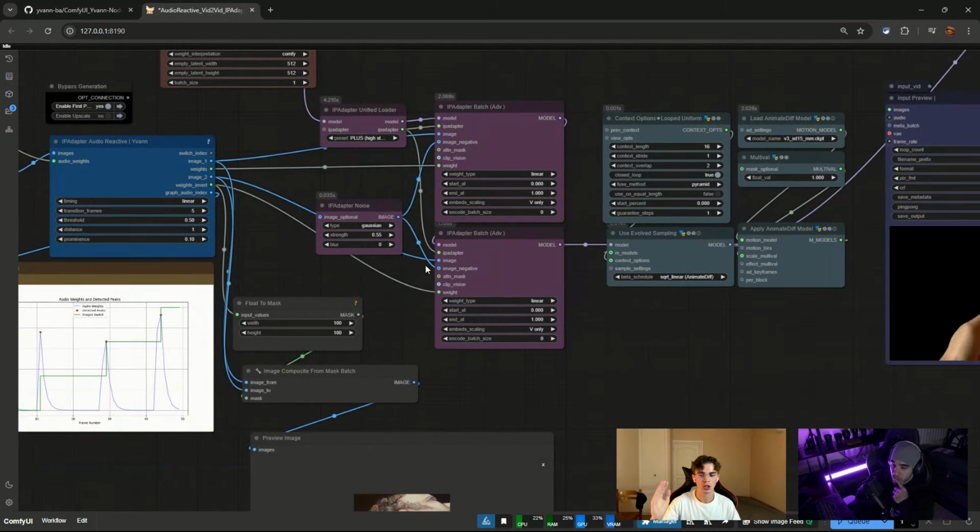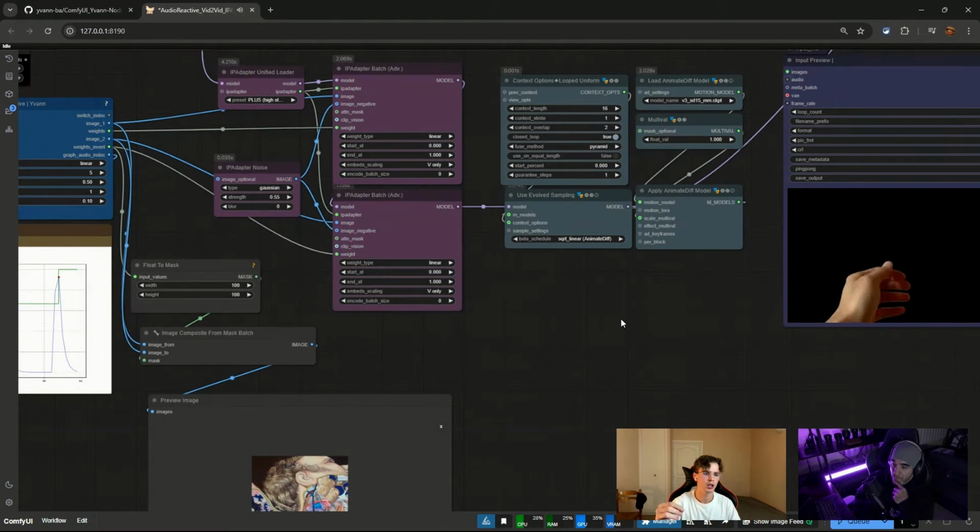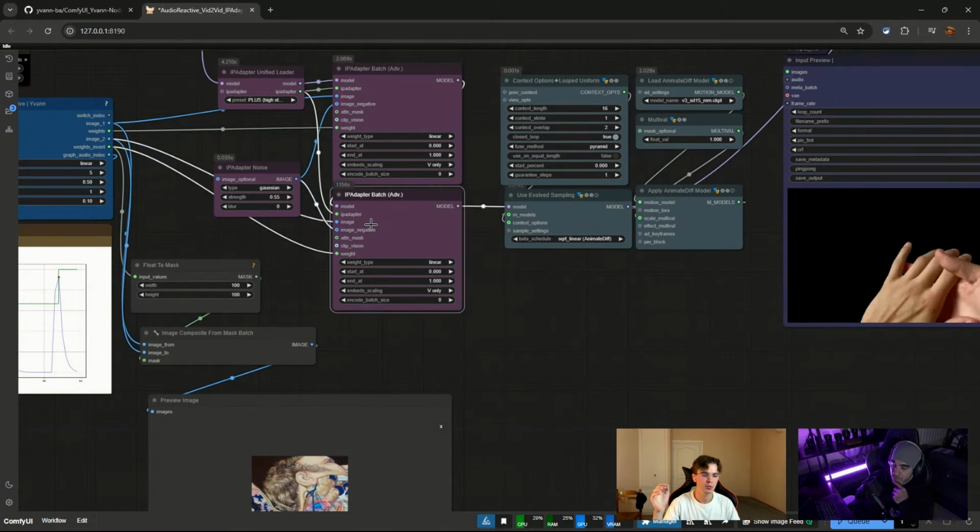It just takes as input a batch of images. Maybe when you use IPAdapter, you use only one image or two. I know that in Debug's workflow, you can give 4 images and they are mixed. When you mix images, you mix them into some kind of one image. But when you use IPAdapter batch, you feed a list of images, and this list of images is gonna be